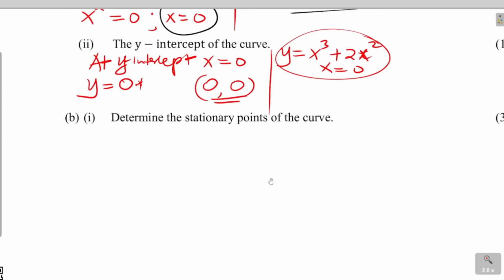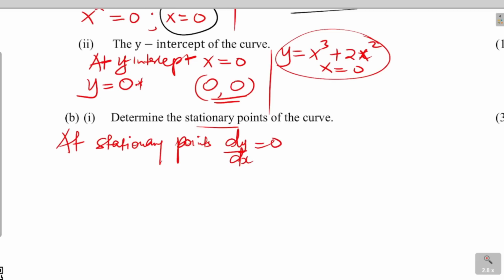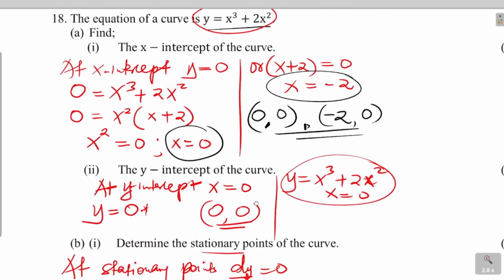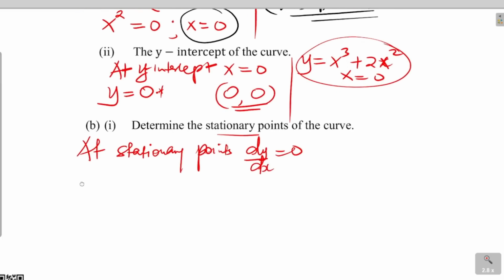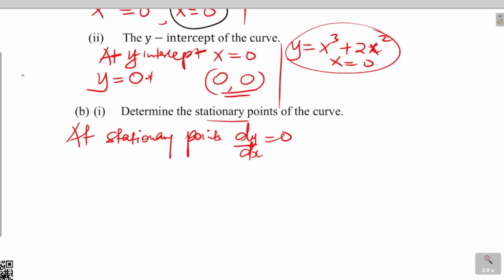Determine the stationary points of the curve. Now, one important thing you're supposed to know when you're calculating stationary points is that at a stationary point, the gradient is 0. And so what we're going to do is take the function of this curve, y equals x cubed